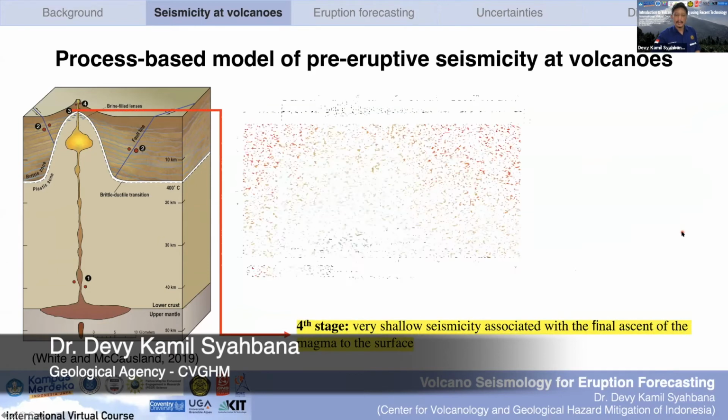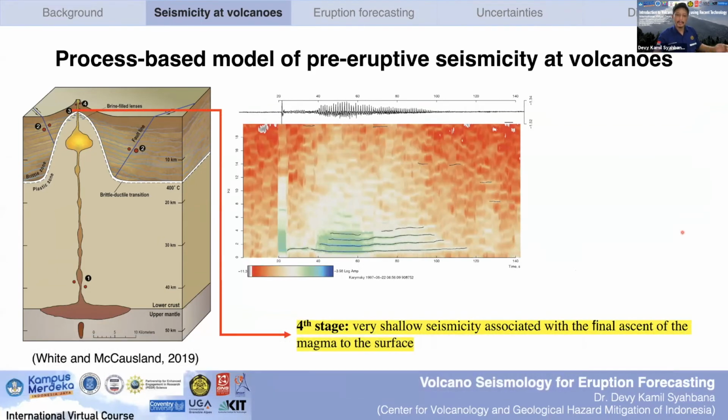If these events become longer and longer, they form a longer event, which is called harmonic tremor. The harmonic tremor looks like this. Volcano seismologists say that if it is shorter than 1 minute, it is considered a long period event. Sorry, I said 60 minutes, but I mean 60 seconds. If it is less than 60 seconds, we say long period events. But if it's more than 60 seconds, we may call it tremor.